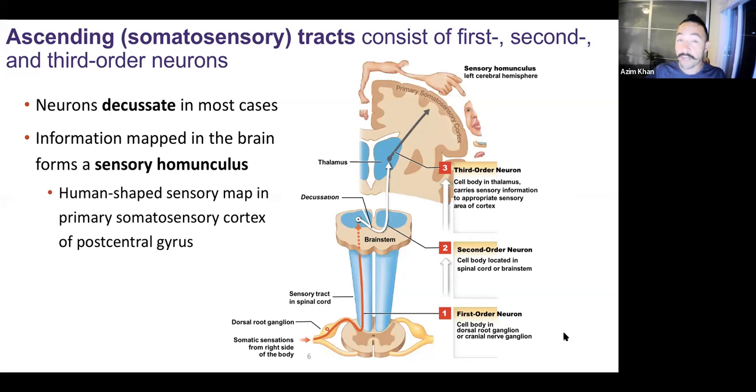This was just one example of a pathway. There's many others. Again, I'm not going to have you memorize all the different names of them or all the different types. In the next activity, you'll be able to practice examples that I give you. And it'll be important to identify, based on the drawing that I give you, where are the dendrites, where are the cell bodies, where are the axons, is it sensory or is it motor?